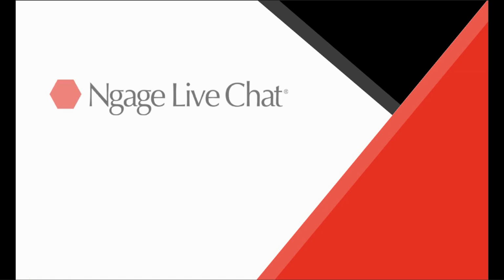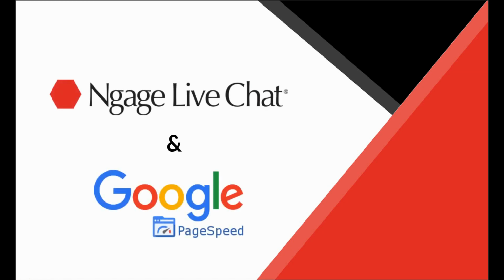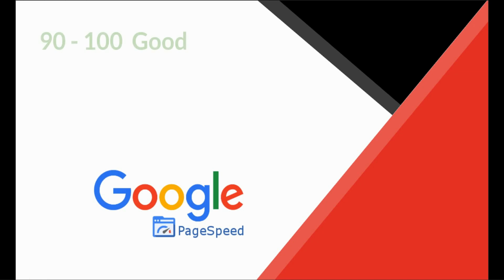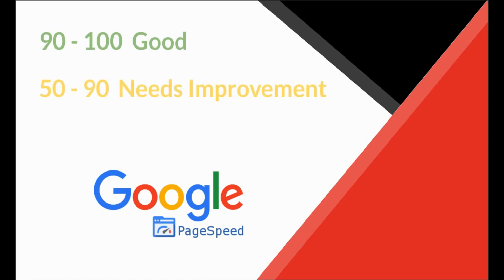Google Pagespeed Insights, or PSI, is a tool that reports on the performance of a page on both mobile and desktop devices, and provides suggestions on how that page may be improved. A score of 90 or above is considered good, 50 to 90 is a score that needs improvement, and below 50 is considered poor. This short video will help you understand this score and provide more context so that you're